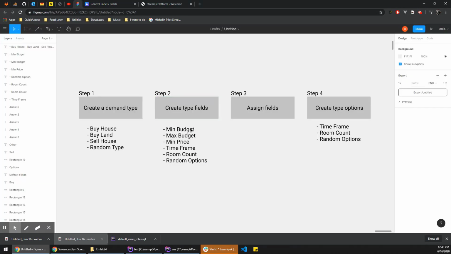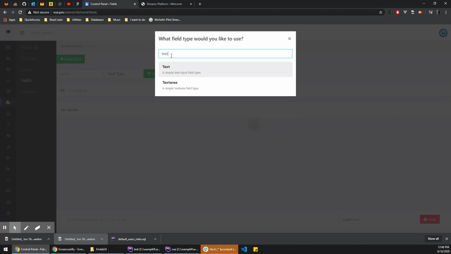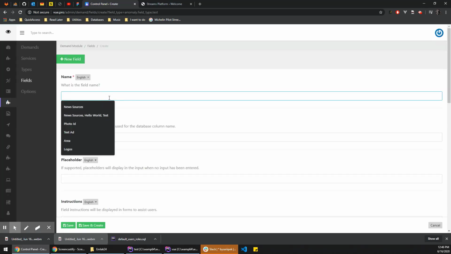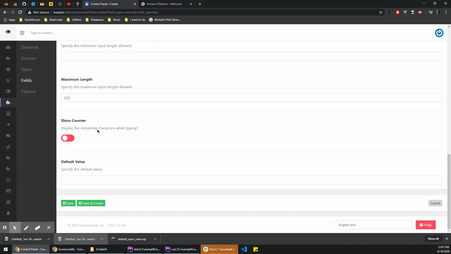So for our example, we create a minimum budget and a maximum budget and a minimum price and a time frame, and the room count and the random options. So minimum budget and maximum budget and minimum price, they are all text, so I will add just text, and let's say it's minimum budget, and we will save and create a new one,